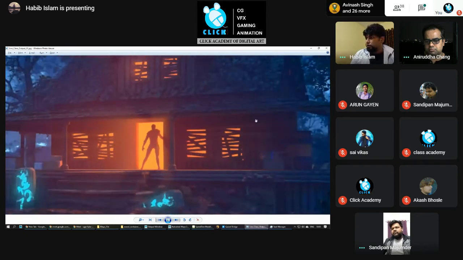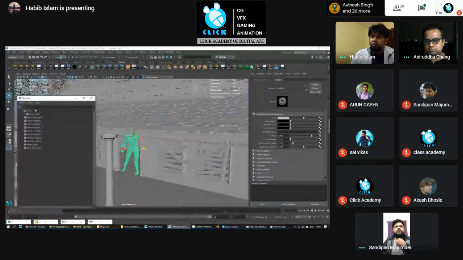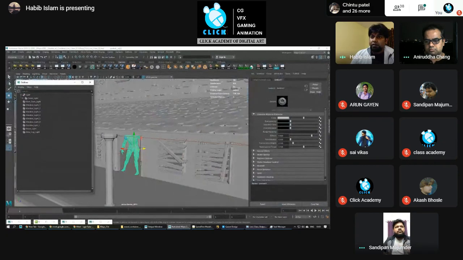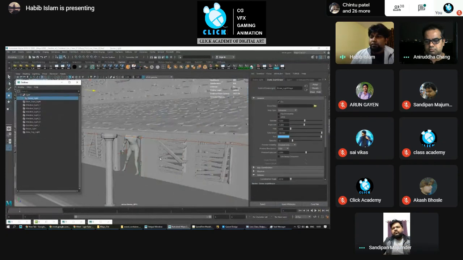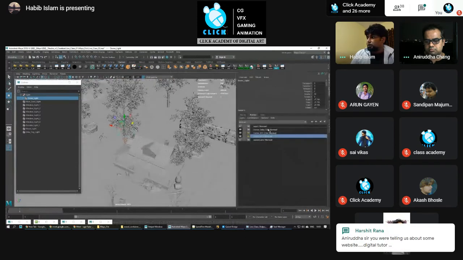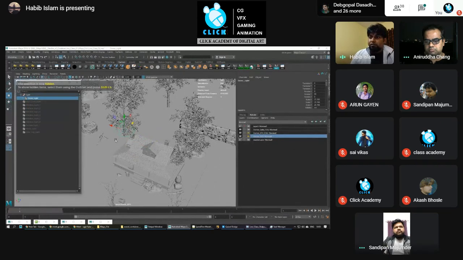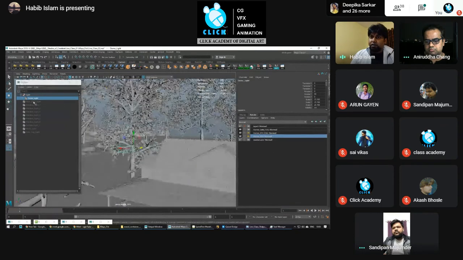Okay, so this is how I started the lighting. First, if you go to light, I've created one dome light. All the other lights I'll hide. This is a Redshift dome light. In other renderers as well, you'll get a dome light.